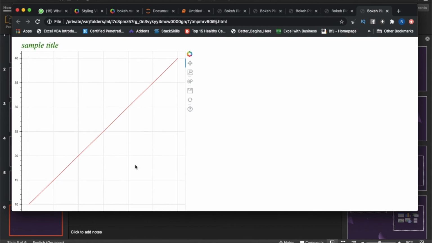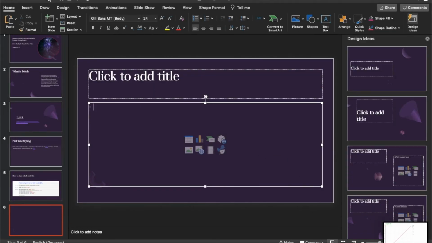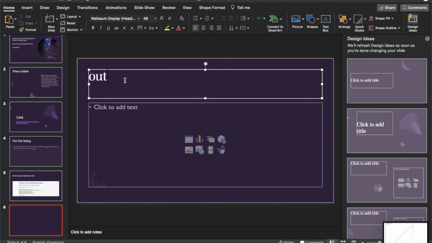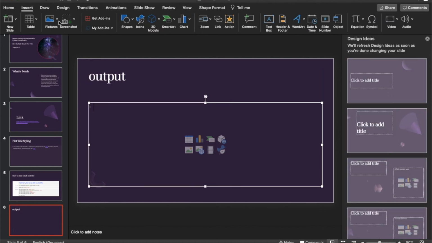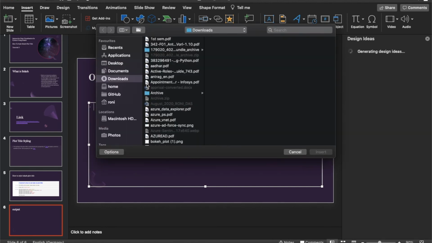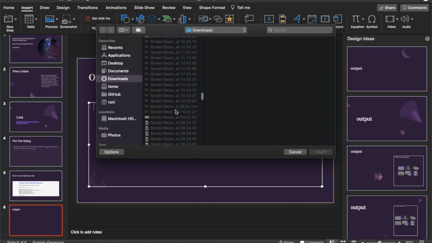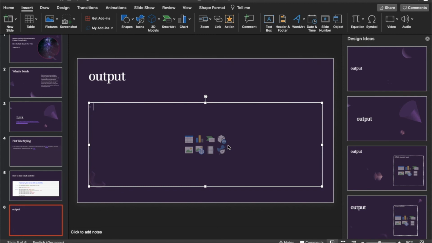Okay, so how does the style look now? Okay, so we'll put this here, maybe I can write output. Okay, and after that I'll insert, and maybe picture, then picture from file. Okay, and that's it.